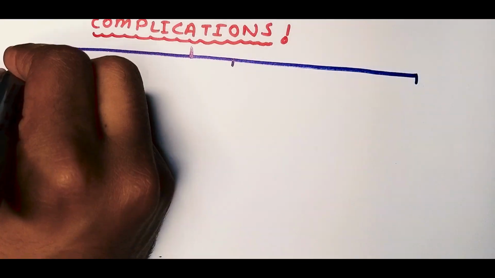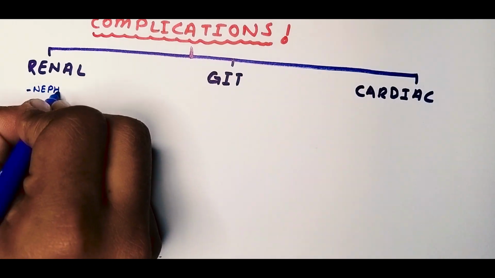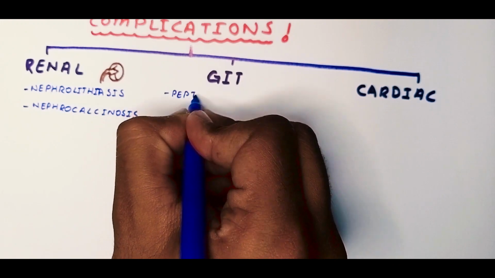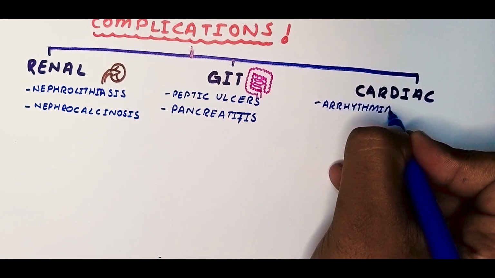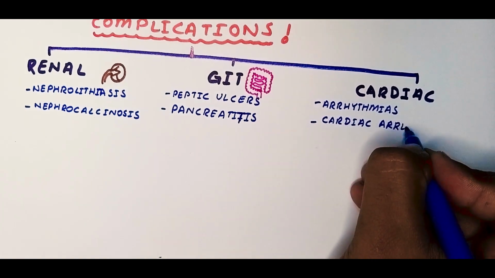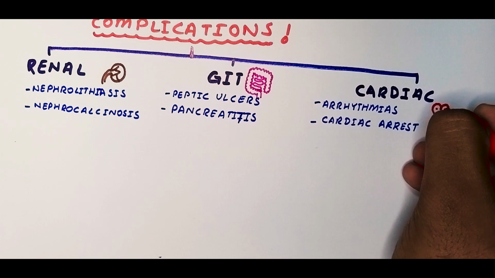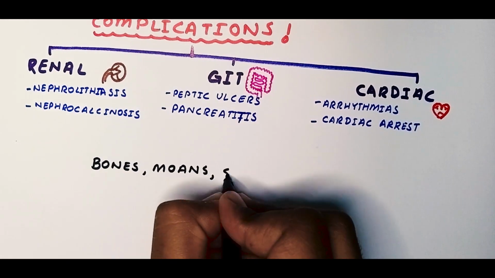It can complicate into renal complications, GI complications, and cardiac complications. The renal complications are nephrolithiasis and nephrocalcinosis. The GI complications are peptic ulcer disease and pancreatitis. And the cardiac complications are arrhythmias and, in severe cases, even cardiac arrest. A fairly common phrase used to remember the symptoms and complications of hypercalcemia is painful bones, psychiatric moans, kidney stones,